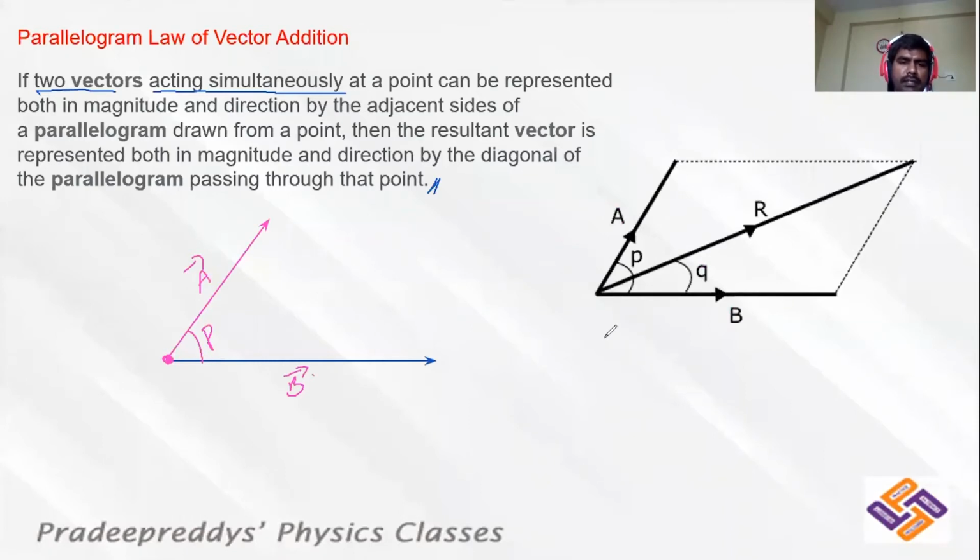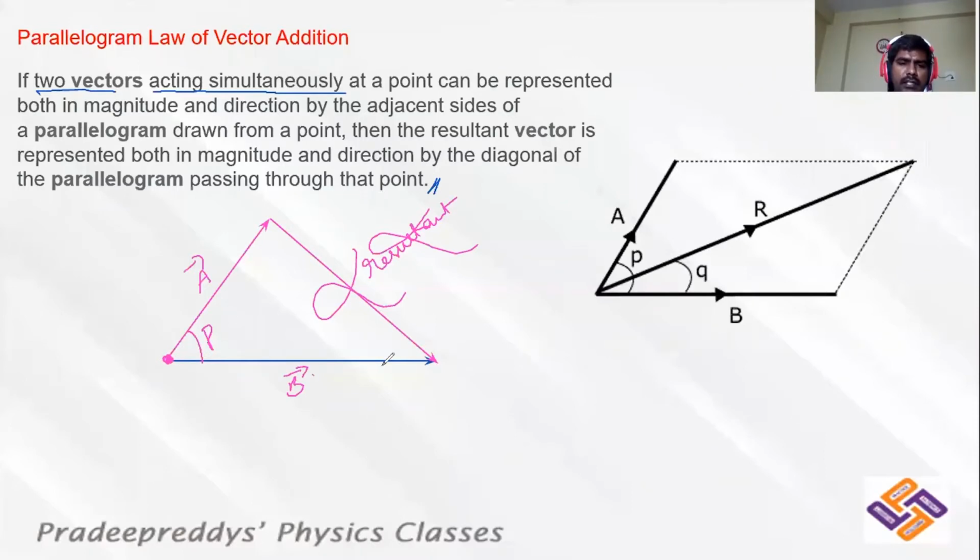So when you are dealing with such vectors, these two vectors form two adjacent sides of the parallelogram. I want to find the resultant of these two vectors. Now when the vectors are given like this, you cannot use triangle law directly, because if you use triangle law, the resultant would be like this. This should become the resultant according to triangle law, but this is wrong, because these two vectors are starting from the same point. In such cases we cannot use triangle law.